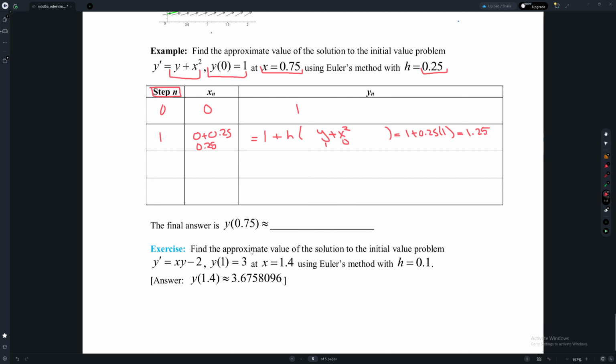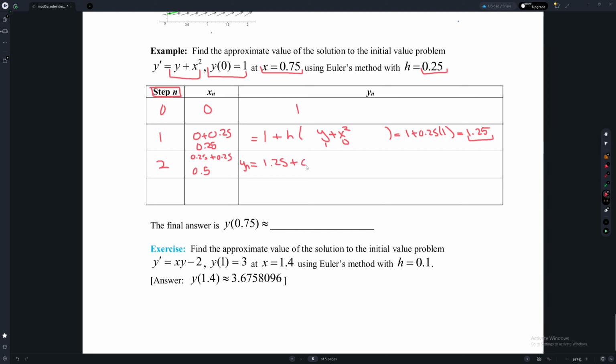So that's our first example. Second, this is now our second step. Our x is x from last step, which is 0.25, plus our h, which equals 0.5, right? Now our yn equals my y from last step,